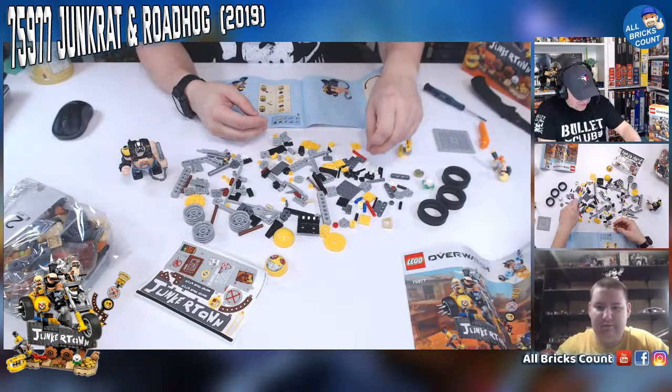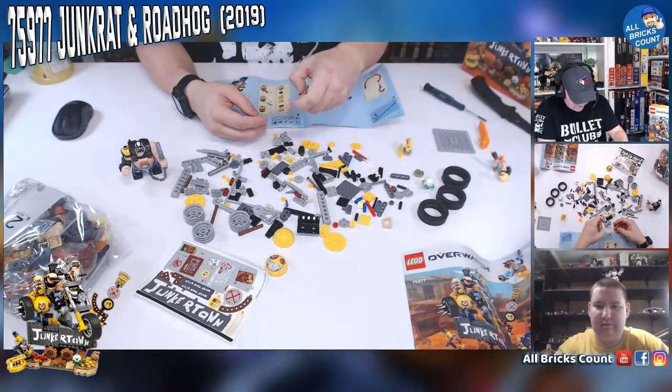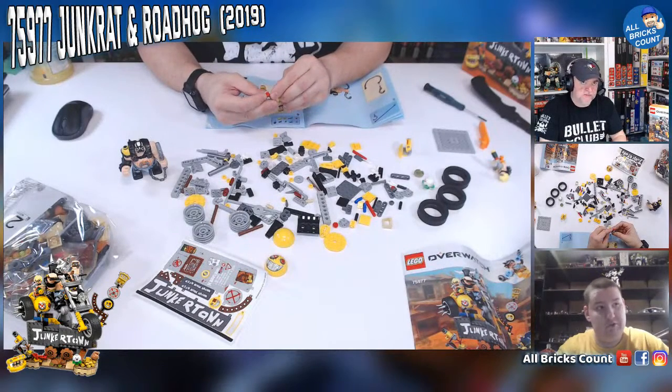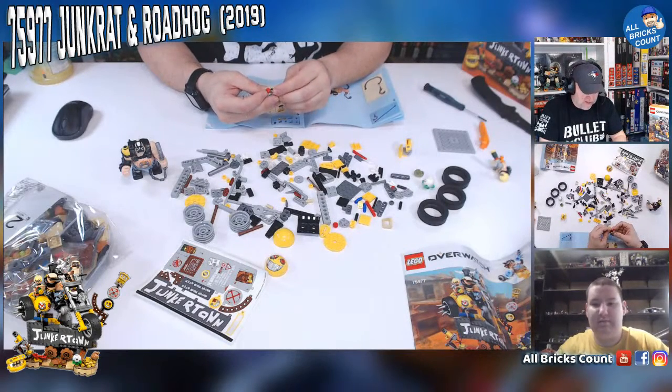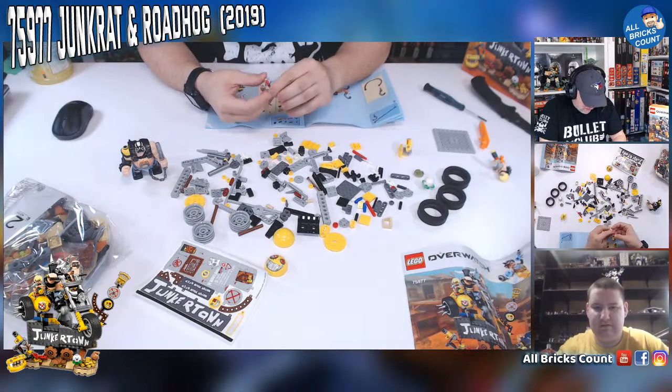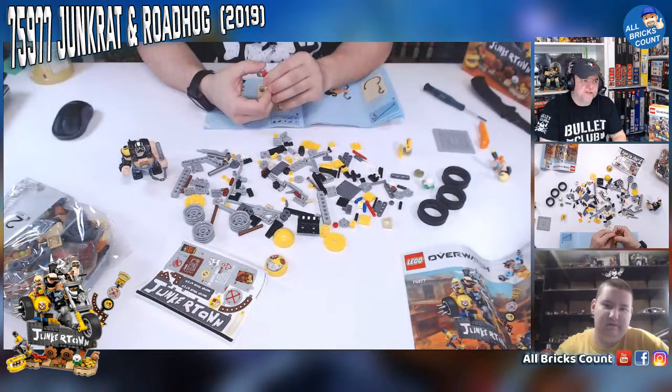You'd be surprised what that company has produced over the years. Like a lot of people don't know, they did Marvel. I don't know if they did DC, but they did do Marvel sets. Oh yeah, I remember. My brother had a few of those. I can't say they were any good, but they had a Fast and the Furious car